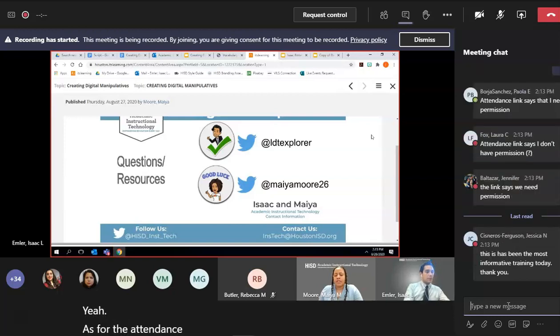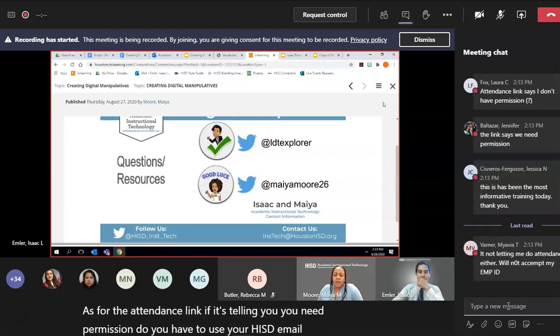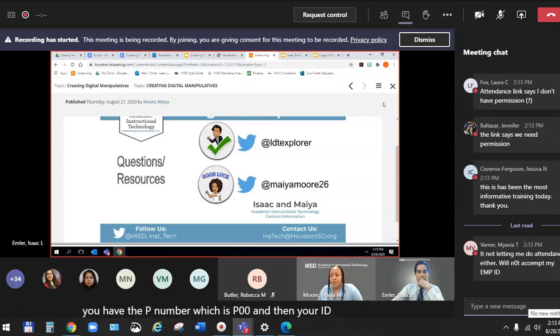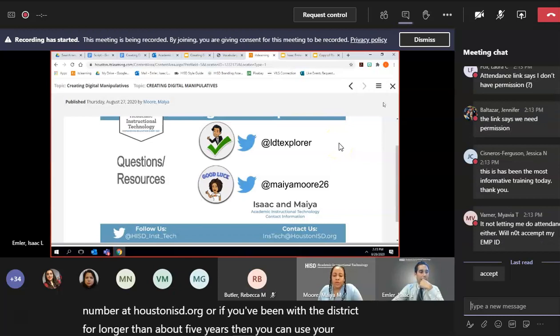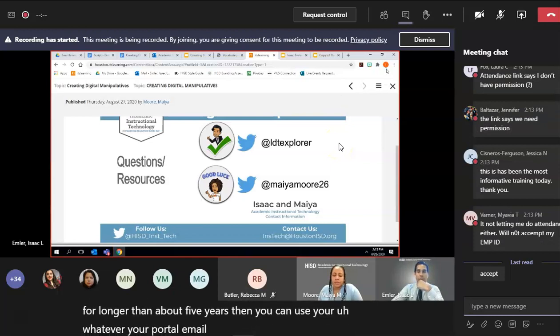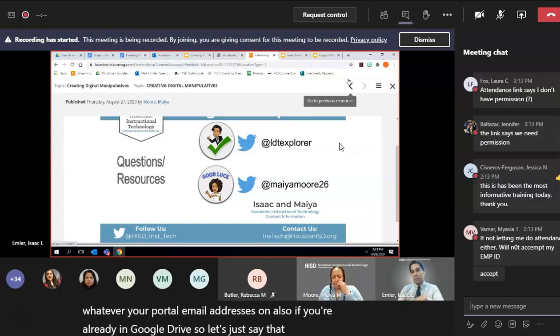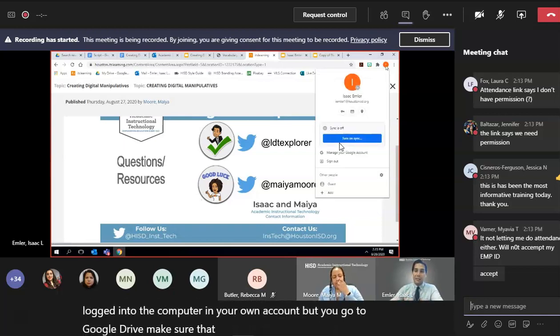As for the attendance link, if it's telling you you need permissions, you have to use your HISD email address. If you have the P number, which is P00, and then your ID number at houstonisd.org, or if you've been with the district for longer than about 5 years, then you can use whatever your portal email address is. Also, if you're already in Google Drive, so let's just say that you're already logged into the computer in your own account, but you go to Google Drive, make sure that it's in the HISD account. So the best way to check that is to go to your Drive and make sure that the email that you have says